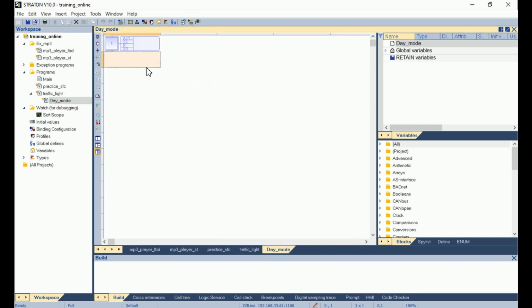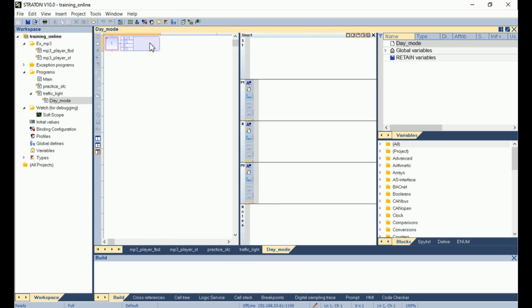So in this day mode, the initial step will manage the red lamp. So I open it. I add a description, for example, red, to remember that this step manages the red lamp.